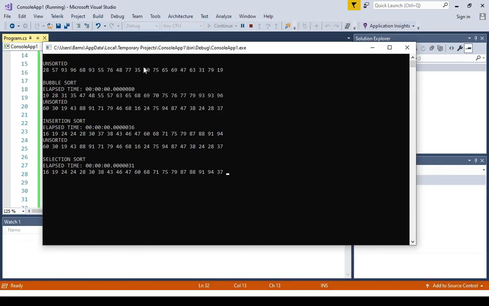Okay, from the 20 elements that we gave to our collection object, our bubble sort was able to sort it in 0.000080 milliseconds. And this is the result. And then for our insertion sort, from the 20 elements, it gave us a result of 0.000036 milliseconds. And for our selection sort, it gave us 0.0000031 milliseconds. So as of now, the fastest sorting algorithm, as you can see, based from the elapsed time, is